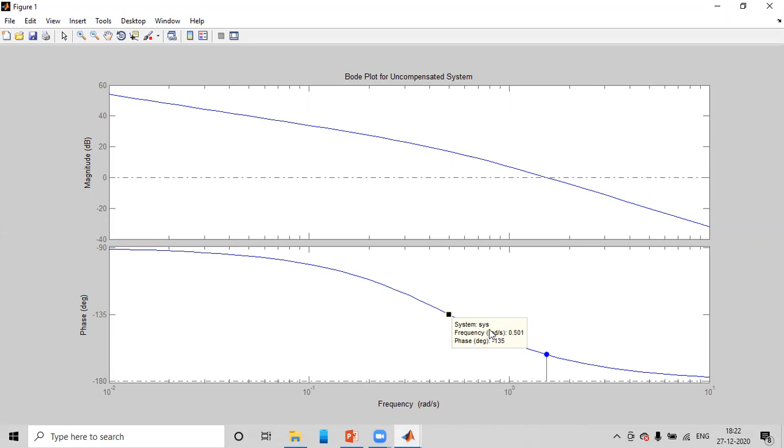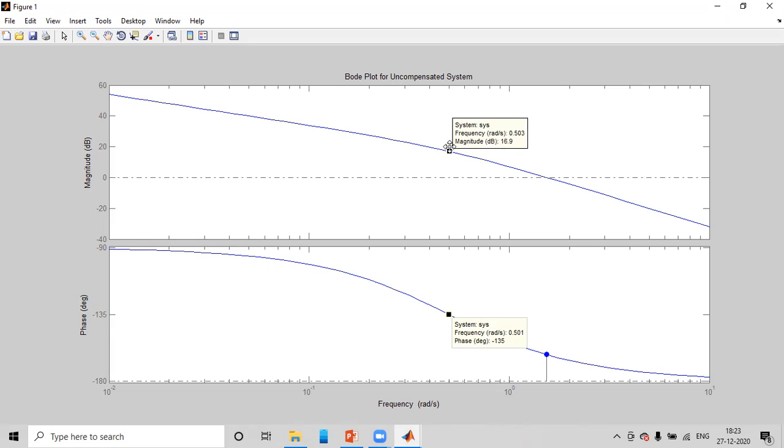Once we know this value, omega GCN, we need to observe what the dB magnitude is at the same 0.5, and cross check it. Once we know that value, from that we can identify beta. So this is the magnitude plot. In this magnitude plot, we check the frequency 0.5 radians per second, and see what the dB magnitude is there.